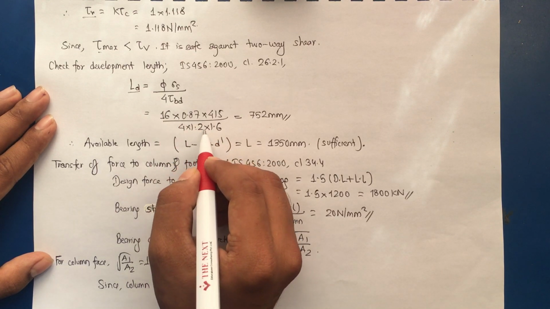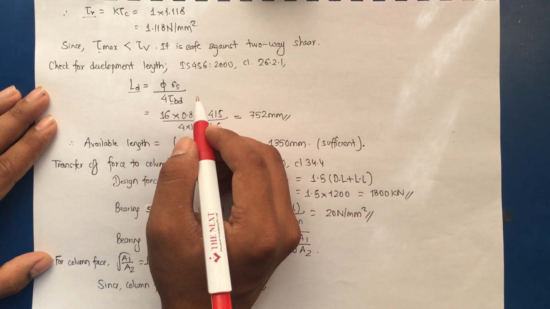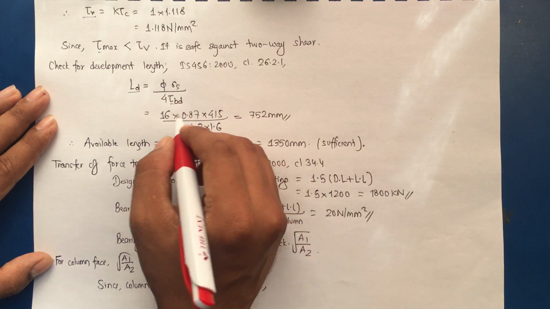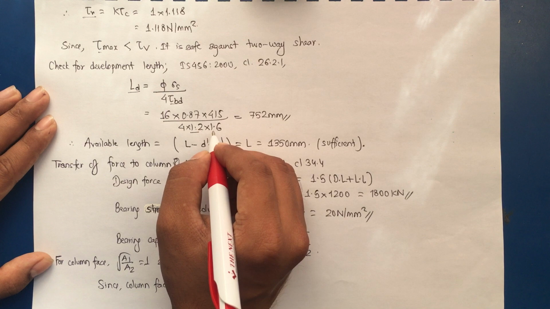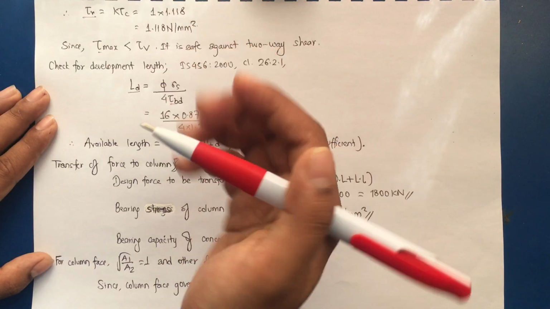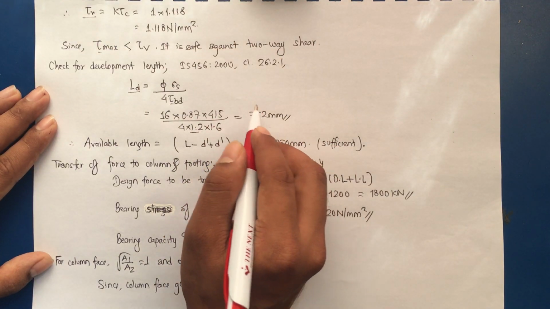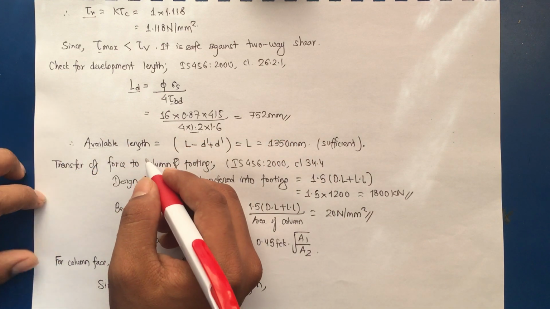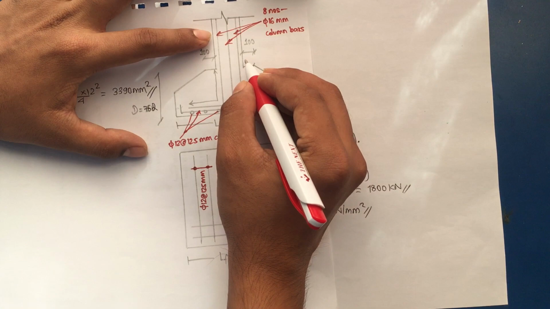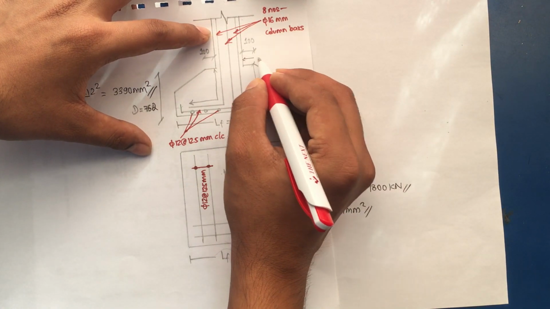4 into 1.2 into 1.6, where tau BD is the design bond stress. For M20 concrete it is 1.2, and considering a deformed bar the increase is 60%, so 1.6. So this comes as 752 mm, and the available length is, so here you can see the projection is of